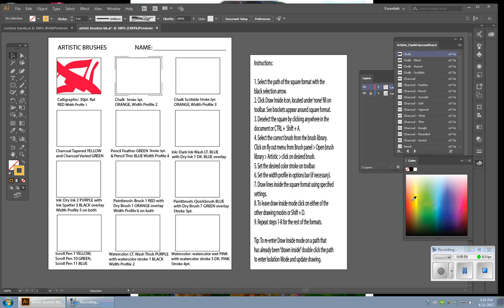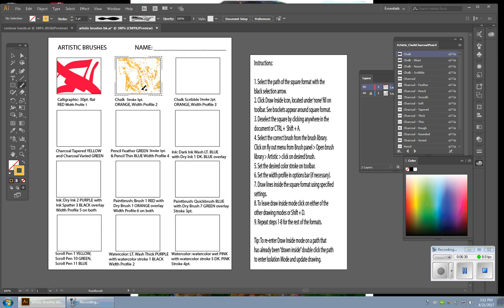And then it says I want a width profile of number 2. This little box here next to the stroke where it says uniform is where you can put a width profile. So I'm going to drag that down, and this is width profile 1, and this is width profile number 2. So I'm going to grab my brush. When I have all those settings done, I'm going to work to make that shape here, and you'll notice it only stays right inside that box. I'm just going to put a couple of marks in there to show that I've used those attributes,